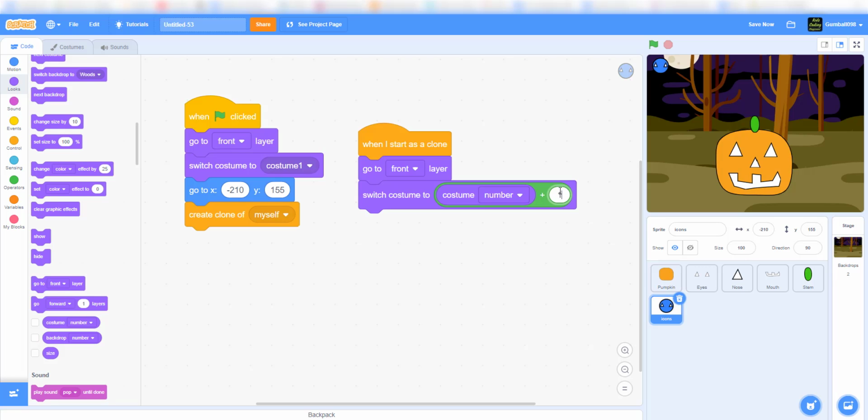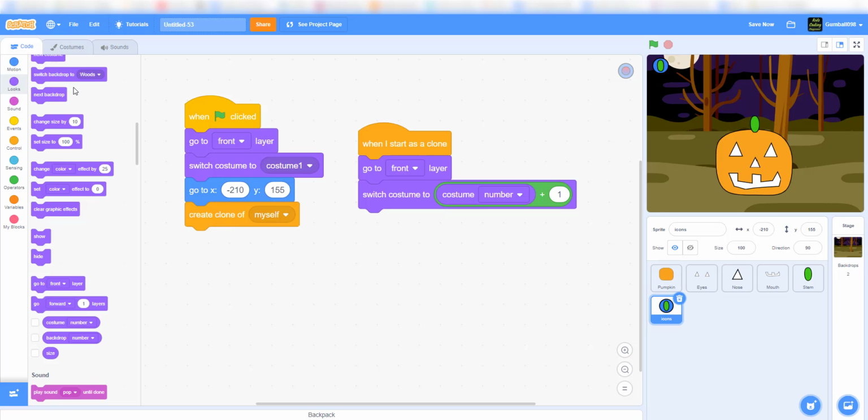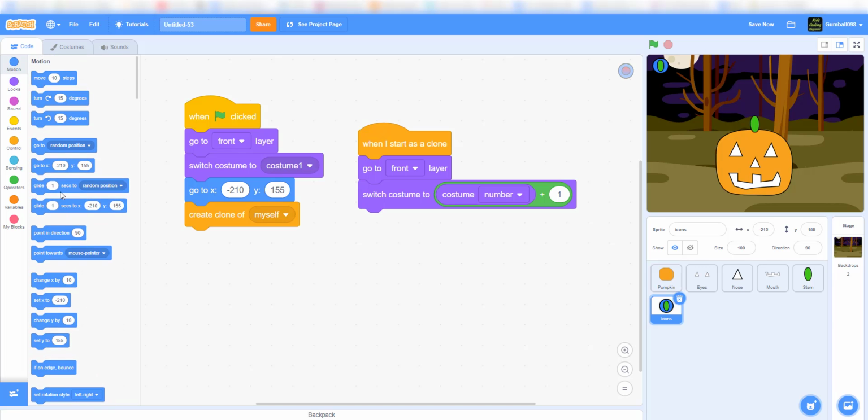So basically, when the icon started as a clone, it'll go to the front layer and switch costume to the costume number, but it'll add 1 every single time, so it will just go to a different costume. And after that, it will change X by 40,